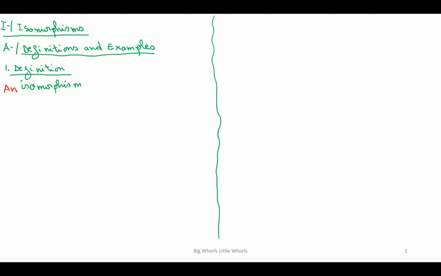So an isomorphism between two vector spaces, we are going to call them V and W, is a map defined as follows. We are going to call that map F, defined from V to W, such that